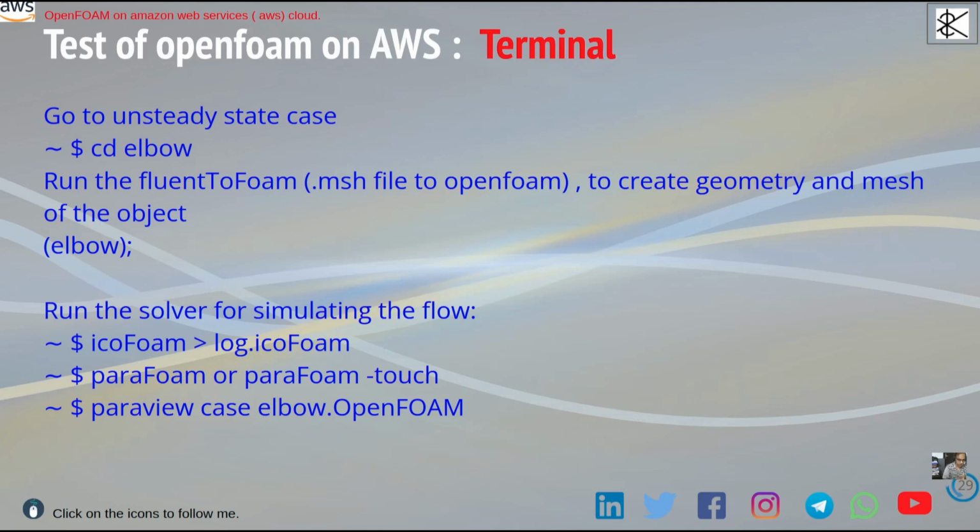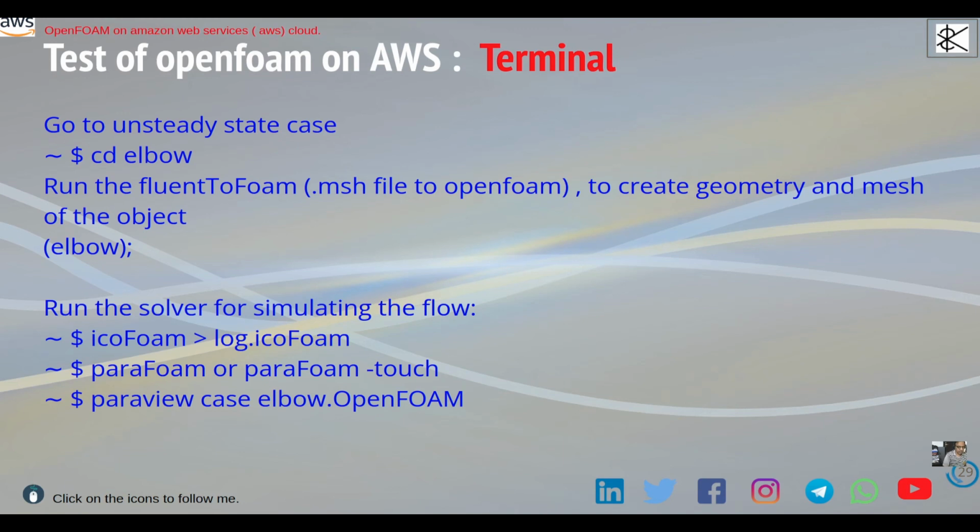These are the few steps you have to follow when you are going to use the AWS cloud. What is the summary of this session? You created your account on AWS by filling in your credential details.